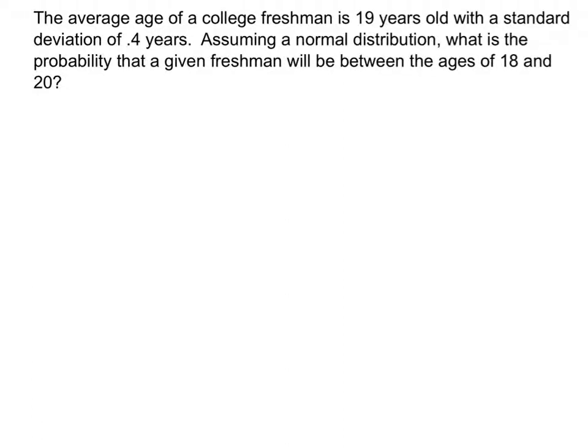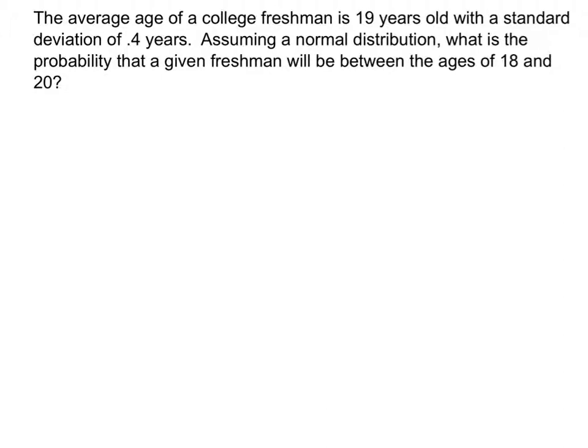The average age of a college freshman is 19 years old with a standard deviation of 0.4 years. Assuming a normal distribution, what is the probability that a given freshman will be between the ages of 18 and 20? So since this is a problem involving standard deviation and normal distribution, the first thing you should do is